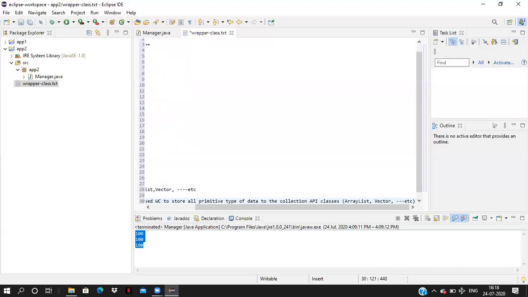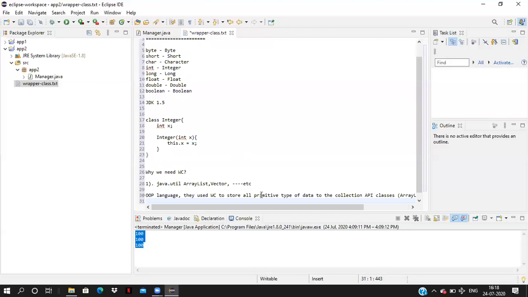You can learn more about these collection APIs whenever we start learning the collection APIs.